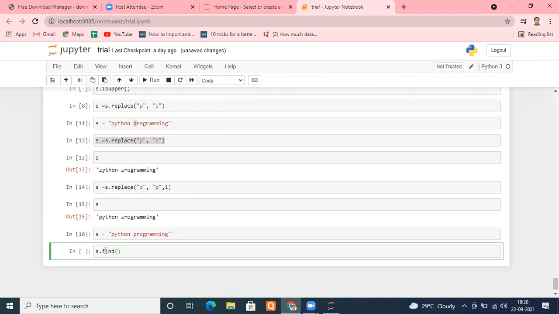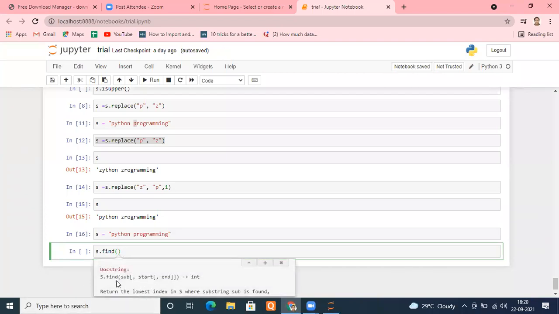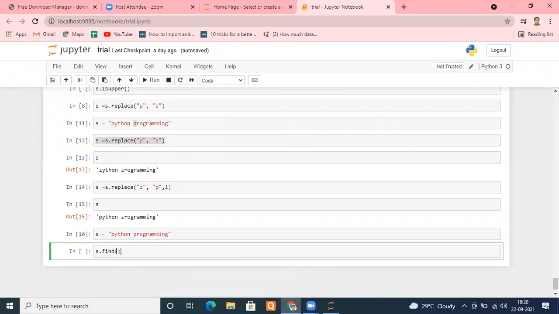And what do we want to search? We want to search for P. But the starting P, we don't want to search, because it gives the first occurrence, right? So what can we do? Again, if you forget something, please go inside and press Shift Tab. It immediately tells you these are the parameters: the value you want to search, start index and end index. See, both are in square brackets, so these are optional. I don't want the first character to be searched. Leave the first character.